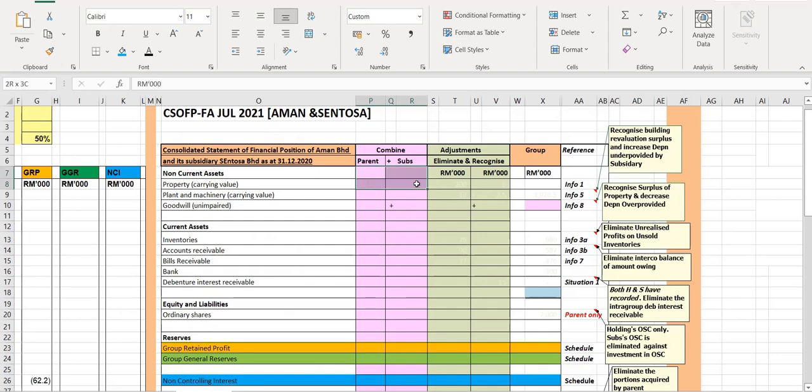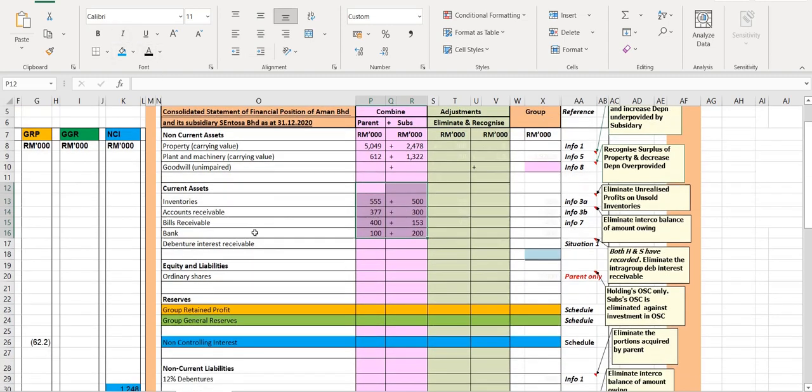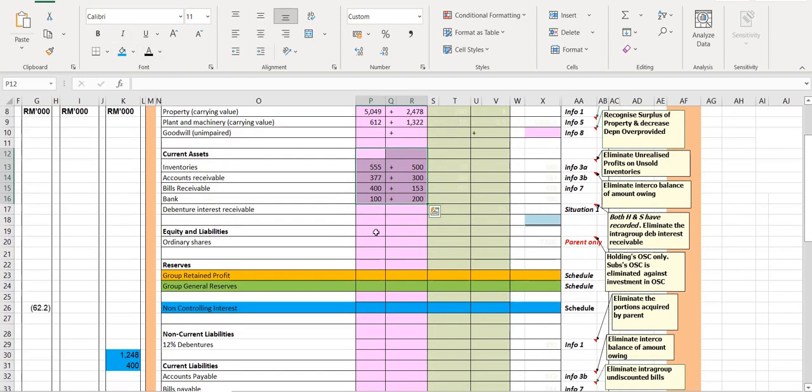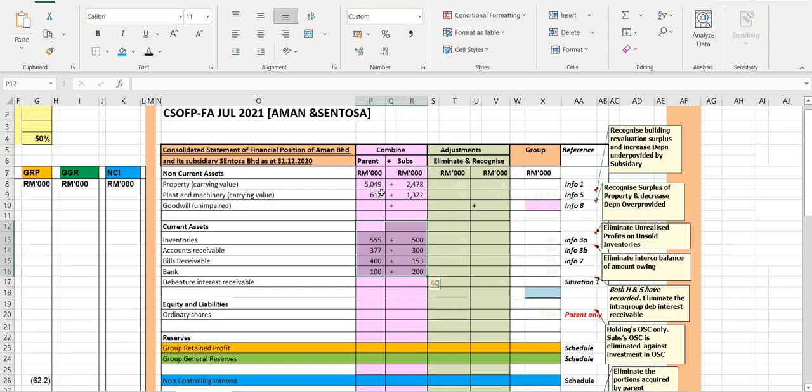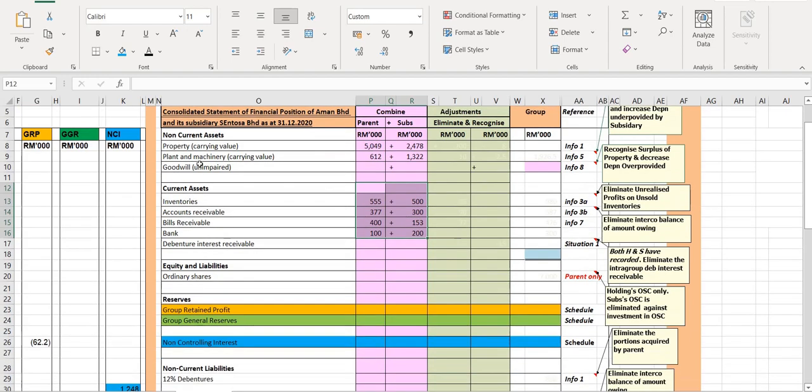First, just add the one that you have here. Just take the one of the asset, just add them first. Just do the addition. Just include the debenture interest receivable first. Just add up the parent and the subsidiaries as per SOFP. Do not include the investment in the subsidiary, but please include the goodwill, the remaining goodwill that was unimpaired, right? So you can do that first.